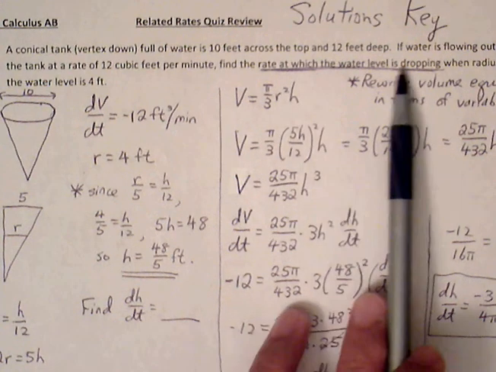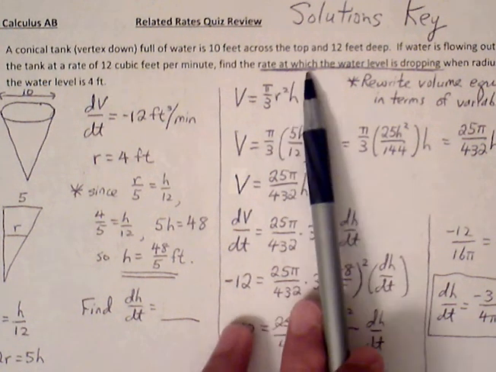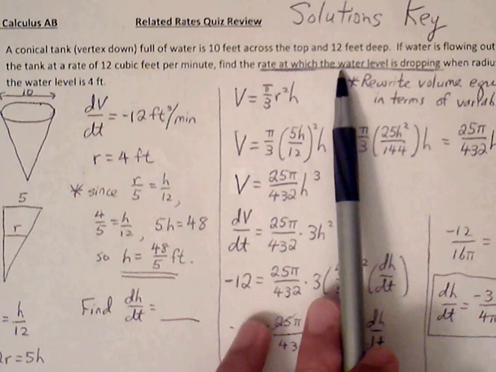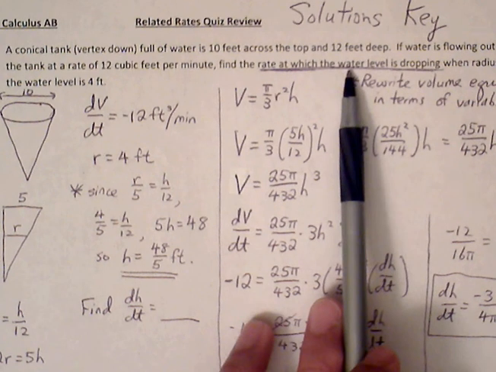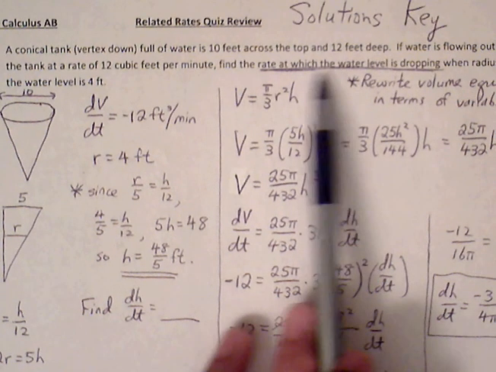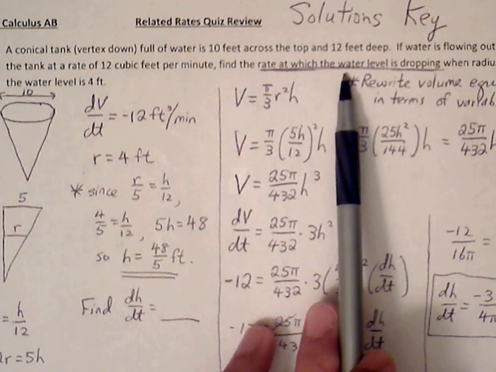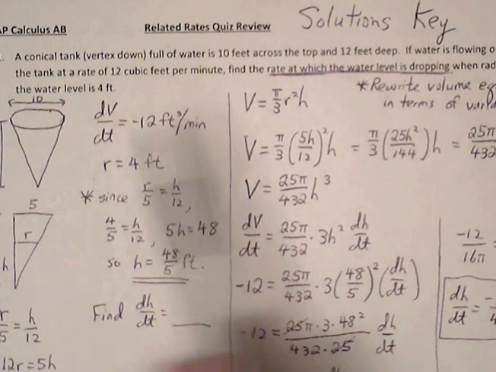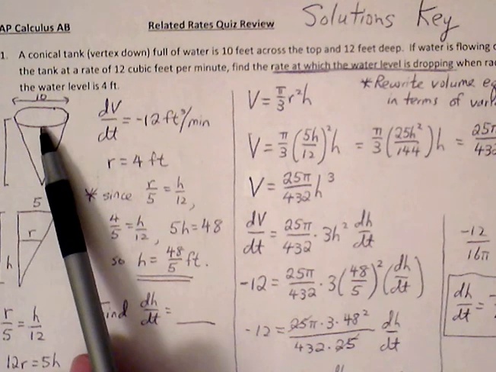So here, we're trying to find the rate at which the water level is dropping. Water level is represented by h, or height. So we're looking for the rate, so we're looking for dh over dt. Okay. So here we have our tank,